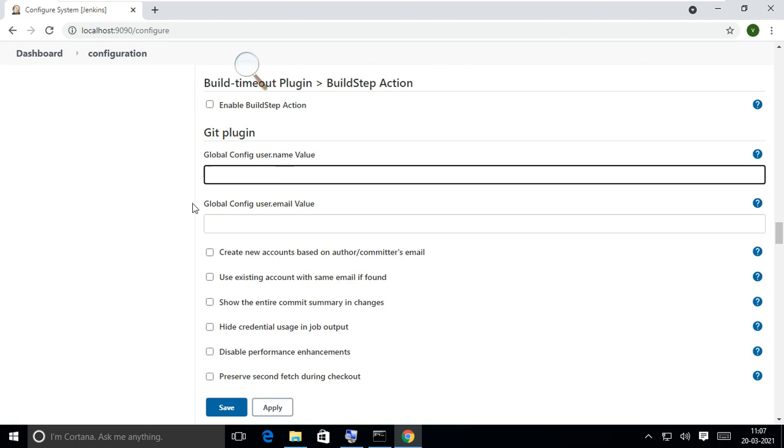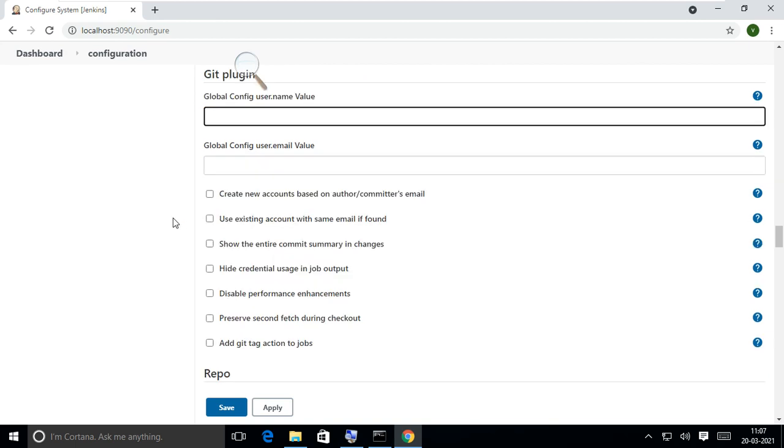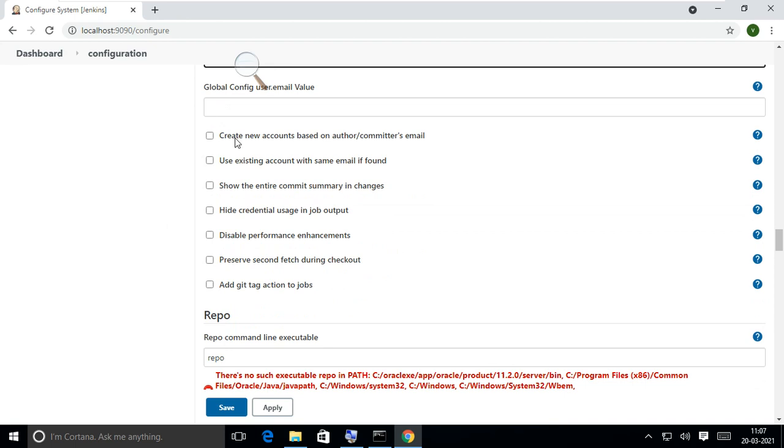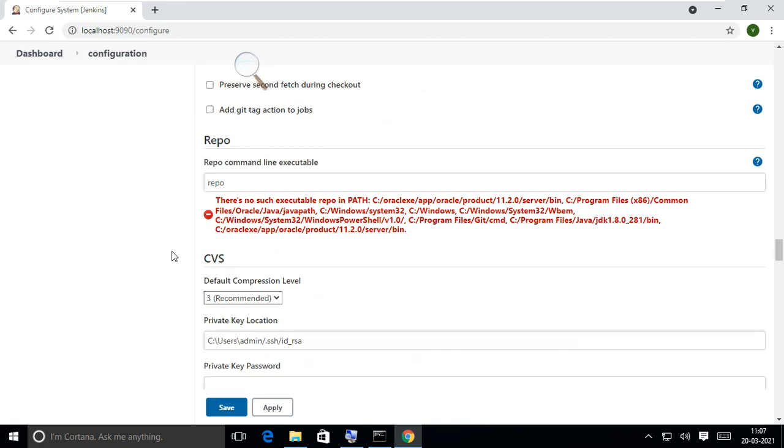Okay, email and value. Okay, so create an account based on other and use existing with the same email if found. Like that, show entire commit, some memory changes. If I want to do that, then I can do it. So the repo command line executable.